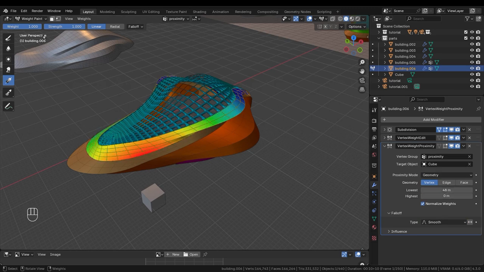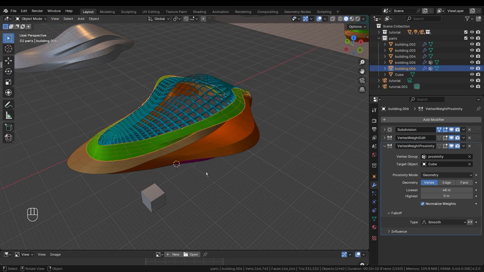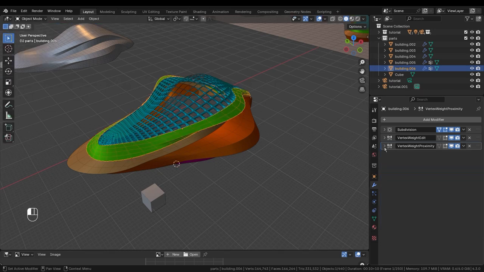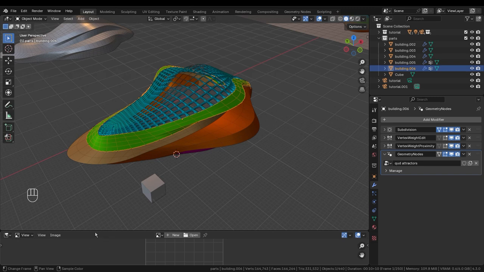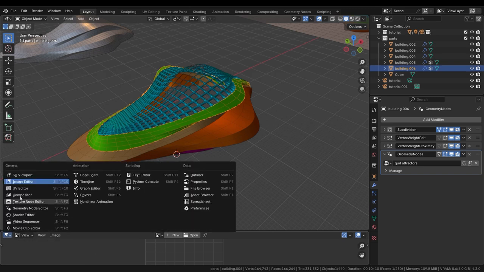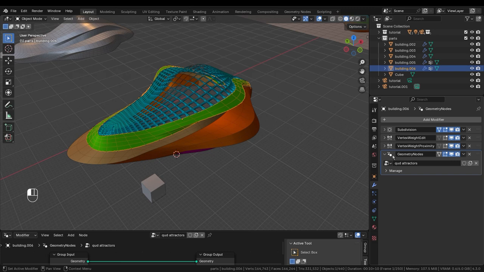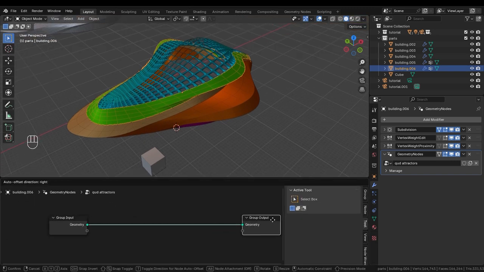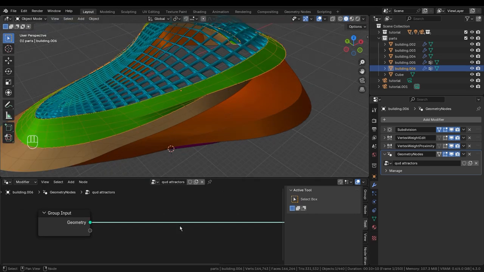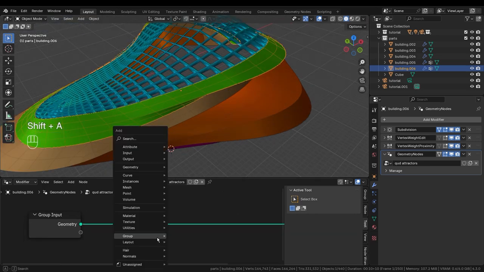So, based on this, I'll go back to the object mode again. I will create a new node, which is a geo node that will create the quads geometry node, and I'll create a new one. I'll call it quad attractors, and then whatever viewport or panel you have here, just click on the corner and change it to geometry nodes. So while clicking on the geometry nodes modifier, the geometry input will be changed, and we'll get a different output. So the change that we will do is a procedural inset. Shift A,